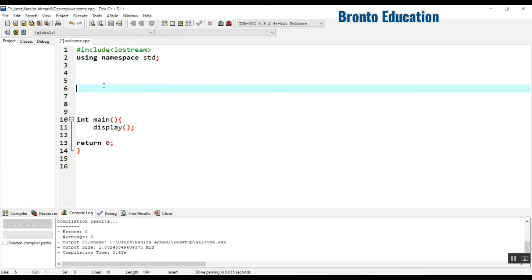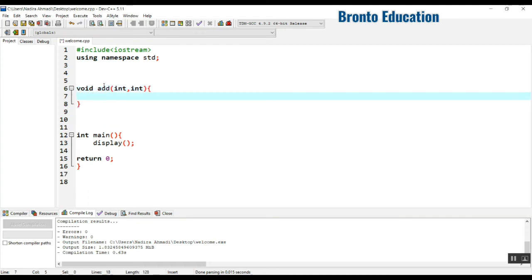So no need of a return value, so we are going to use void, and I'm going to write the name of the function as add, and here I'm going to write the list of parameters, which is two integer type data, for example a and b, and these two should be added. I'm going to add both of them here. I'm just going to write cout